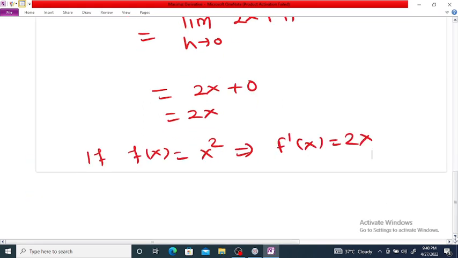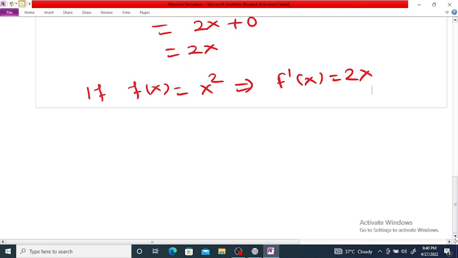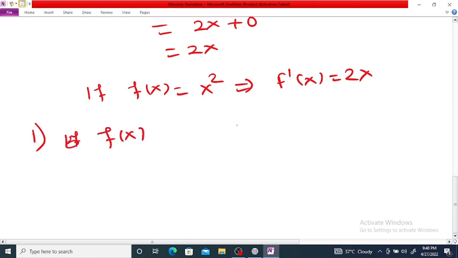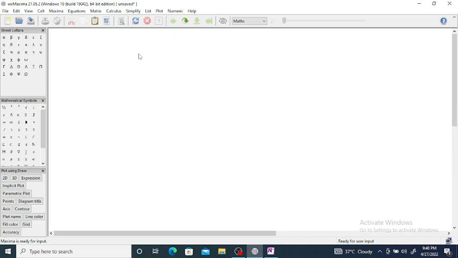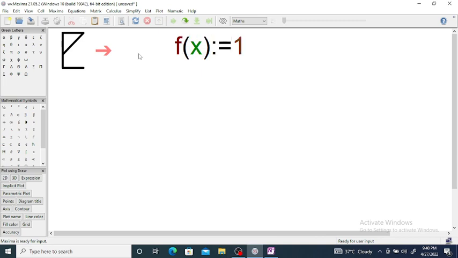Now in Maxima, we are going to see how to enter a function and how to find the derivative of the given function. So first we are going to create a list of formulas: f of x and f dash x. First, if f of x is equal to a constant, say f of x is equal to 1, then its derivative is equal to 0. In Maxima, to enter a function, say f of x, colon equal to 1,